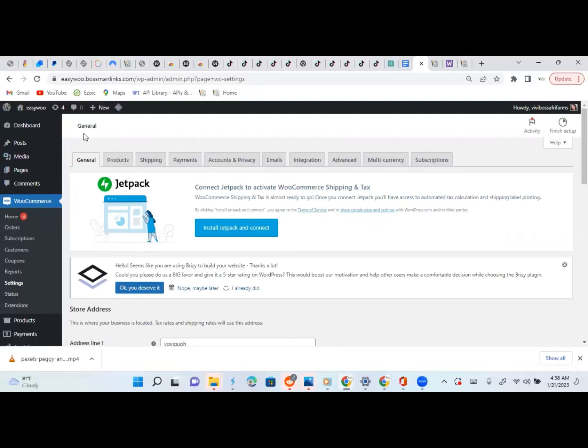Hi guys, in this tutorial, I want to show you how to set up payments for your WooCommerce store. So first, you just go to your WordPress dashboard, and then you click on WooCommerce, then Settings, and then you click on Payments, right? So when you click on Payments, you would